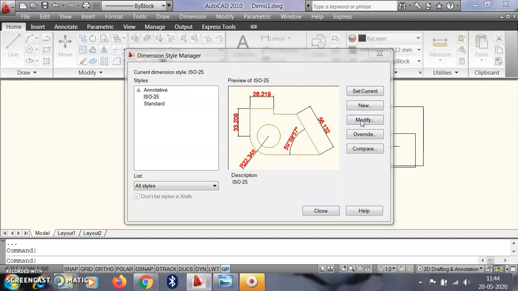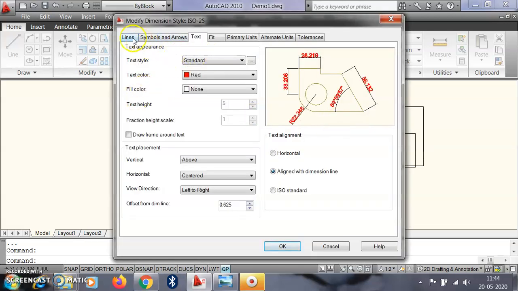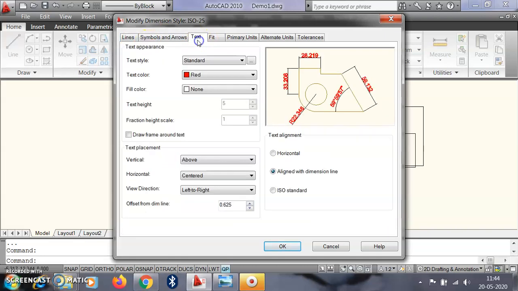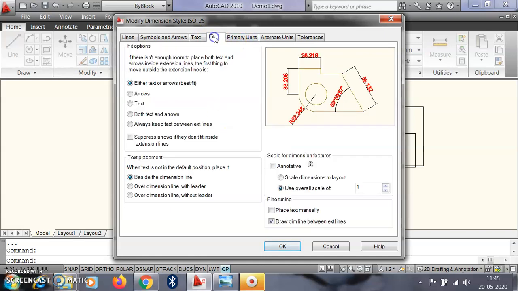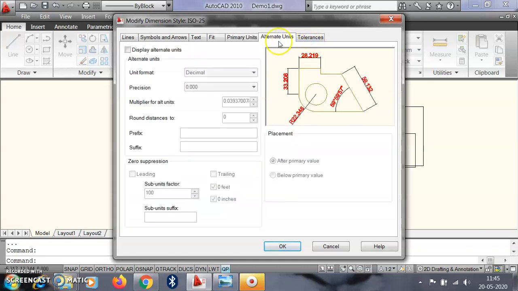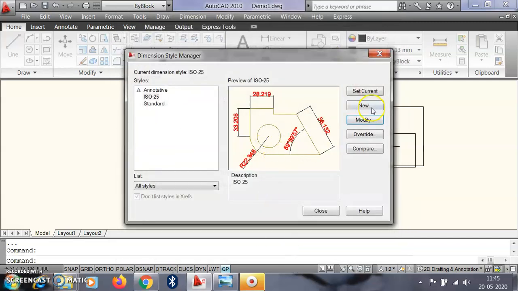So go in modify and modify the line type, symbol and arrows from here, arrow size, everything, text size, text direction, text color, then fit, arrows, text, primary units, alternate units, all these things you can change from here. So you can just select the appropriate style of the dimension.